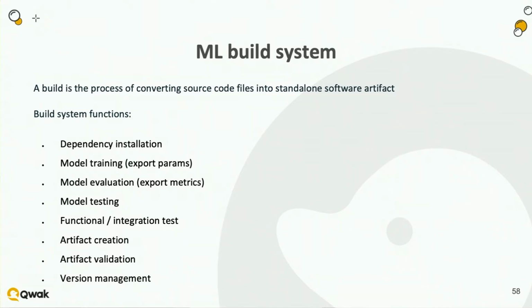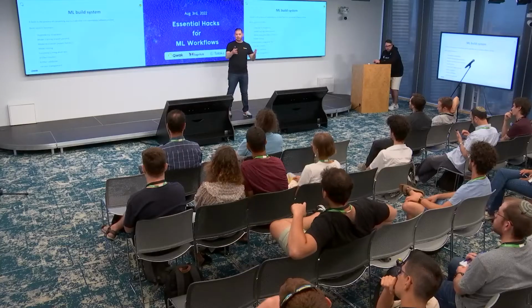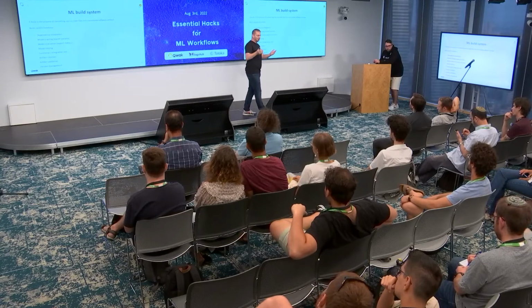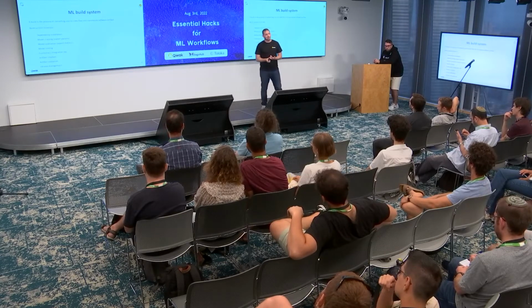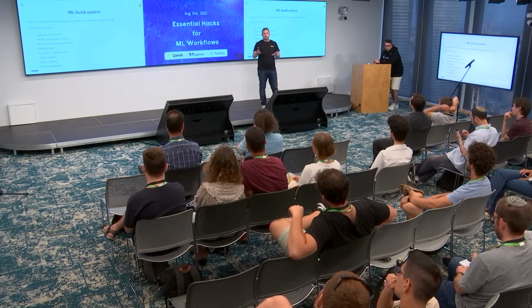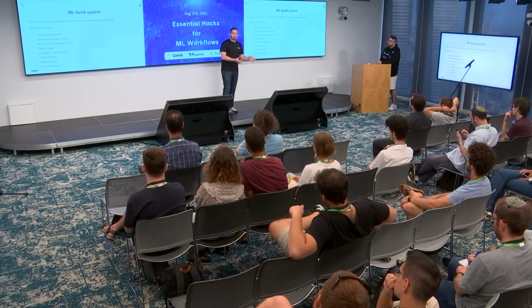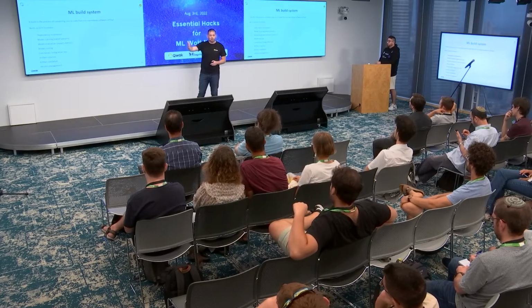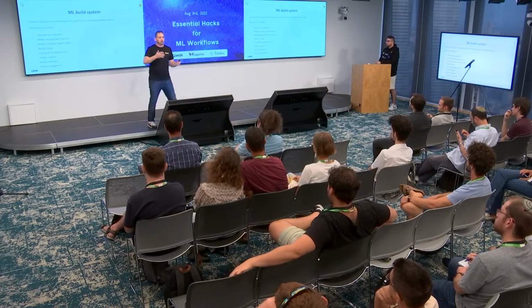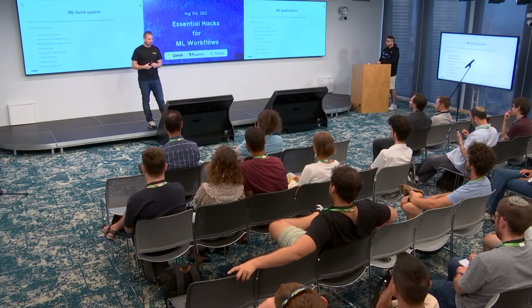And what I will advise you to do in this build system is things like, first of all, dependency installation. So models are usually written in Python. That's at least the current standard. And Python dependencies are saved in the PyPI repository, usually, at least the public dependencies. And in many cases, I've seen dependencies deleted from PyPI, for example. So you need to make sure that the dependencies are installed during a build, and eventually when you deploy a model and run inference on it, you don't reinstall these dependencies.